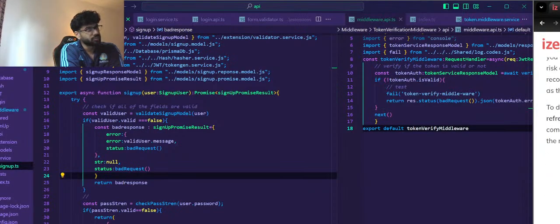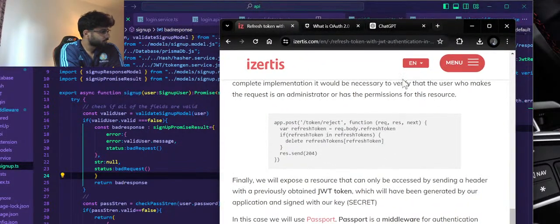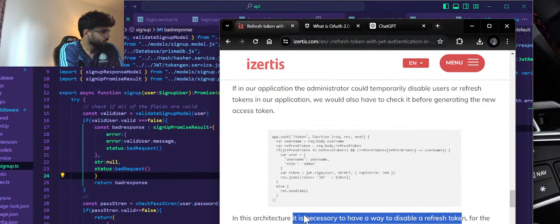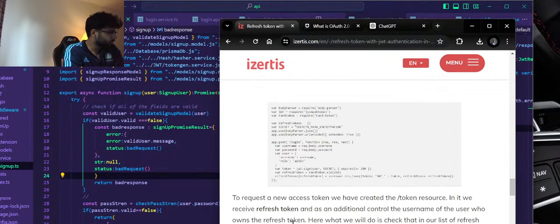So I'll show you guys over here. So yeah, you can see. So they're sending the refresh token in the